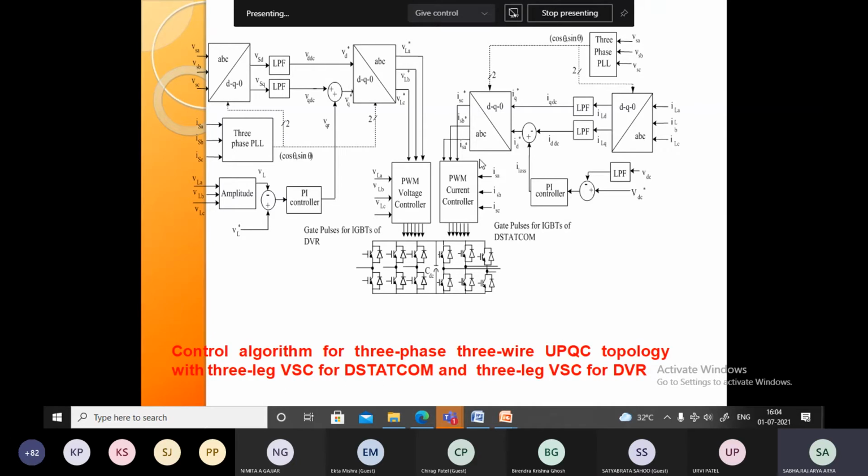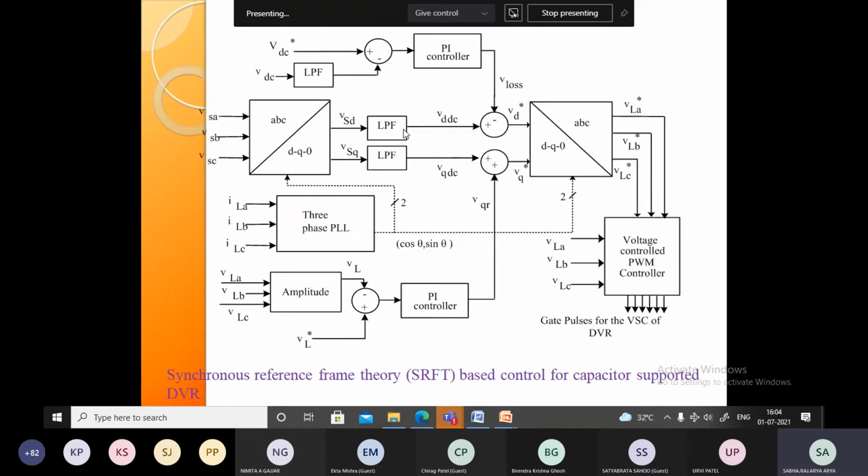Again, a point is there. Here, in the current case you have a problem. So you can take the supply voltage as a reference and find the sin theta and cos theta. Okay, clear? If any question, they can ask here. One case is current, the second case is voltage. In one case you find the reference supply current, in the second case you find the reference load voltage. By that you have a gate signal. That is the meaning. Okay. If no question, we can go on.